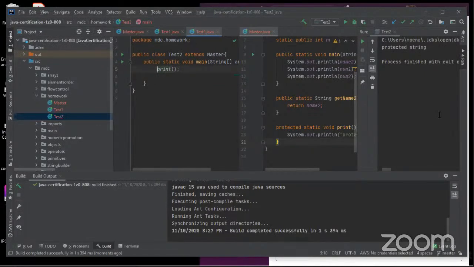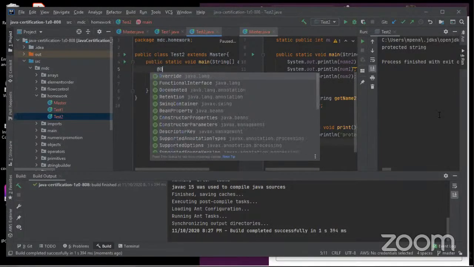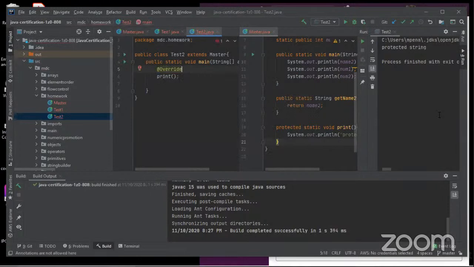Let me see something there. So you still have control. Overwrite. Okay. And now I can do this here. Protect it. Static